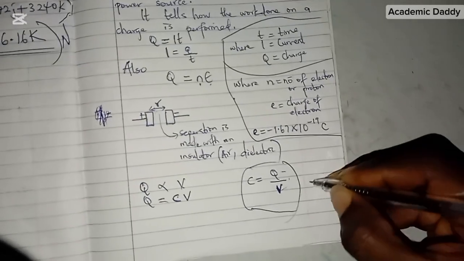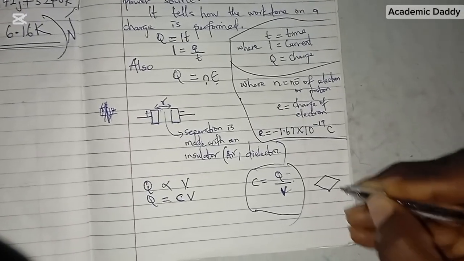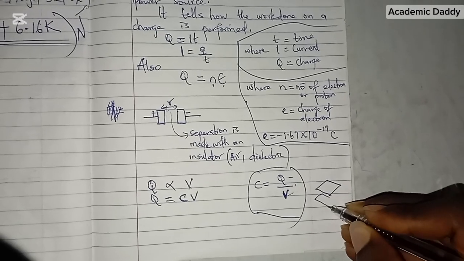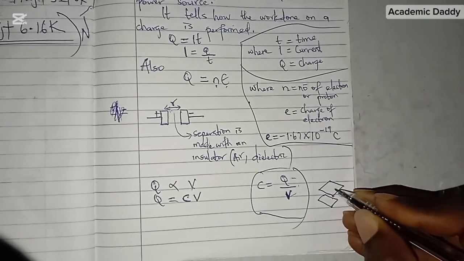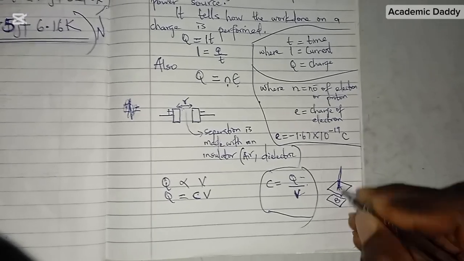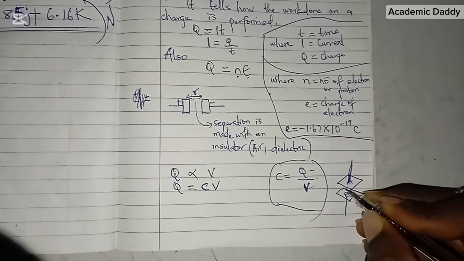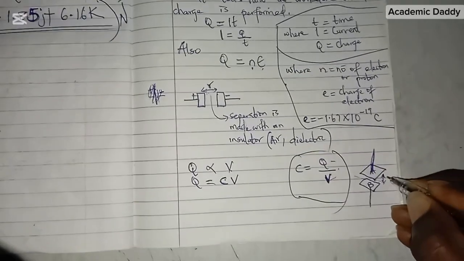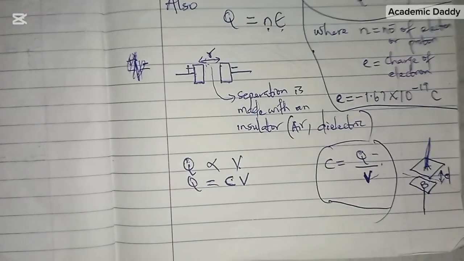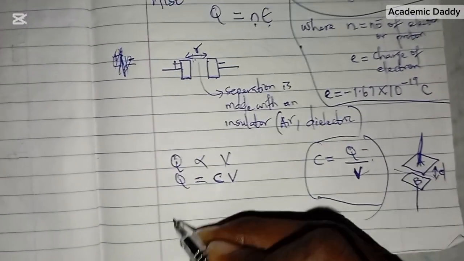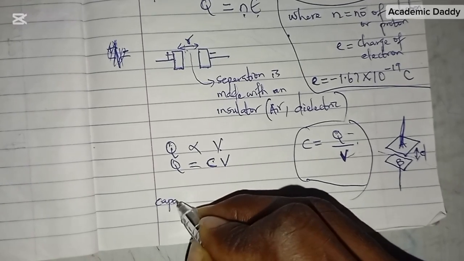So in a real life example, you always see it this way, something like this. Let's say this is A, let's say this is B, and let's say I have these to be the handles. You see that there's a space here. The spacing in between is the distance. Let's say it's distance D, because we are not dealing with radius. So let me use D. So you need to know that capacitance